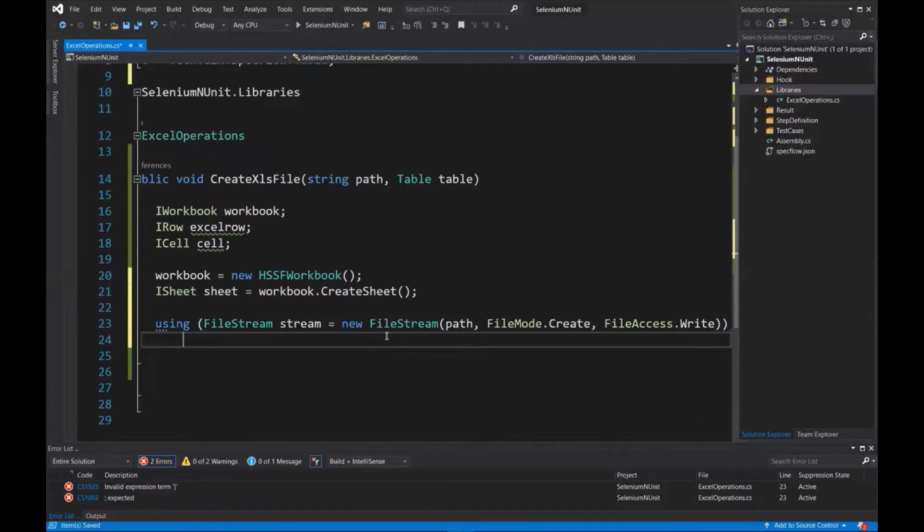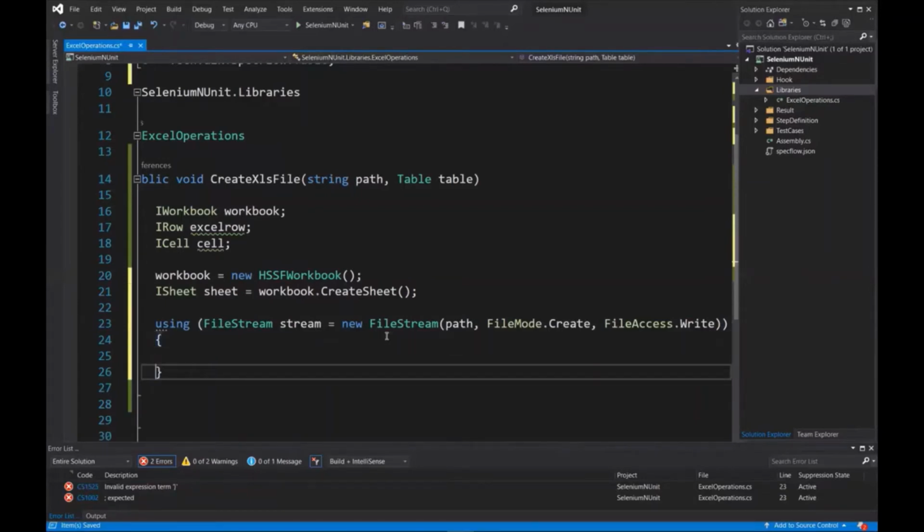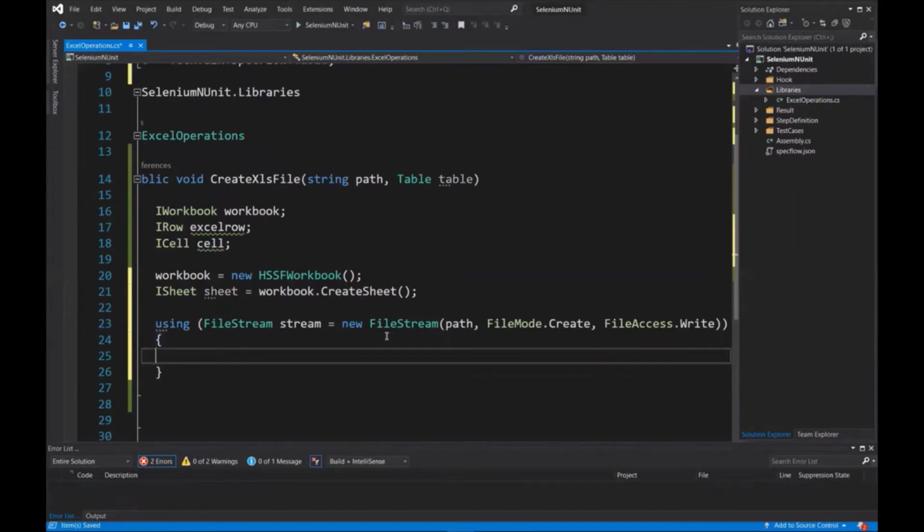The reason is that the statement defines a boundary for the object, and outside of this block, the object will automatically be destroyed, either at the end of the statement block or when execution exits because of any exception. So I don't need to write code to destroy the object.